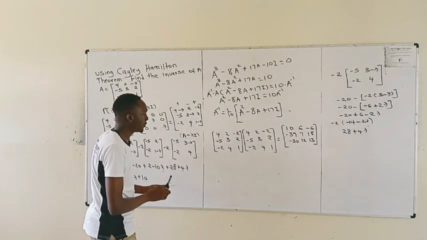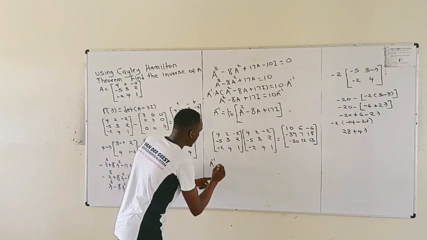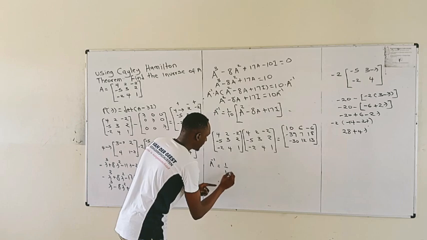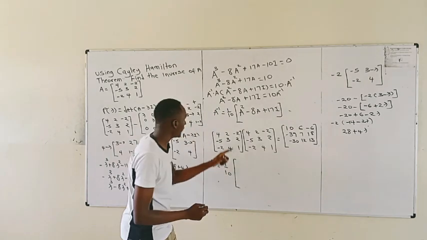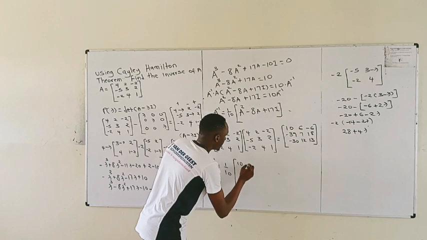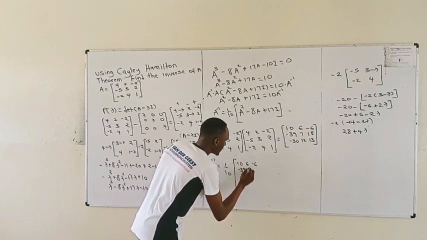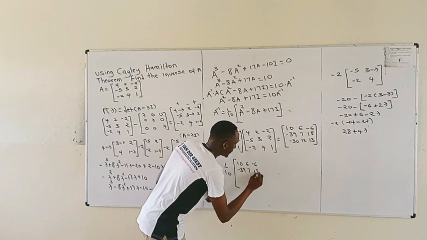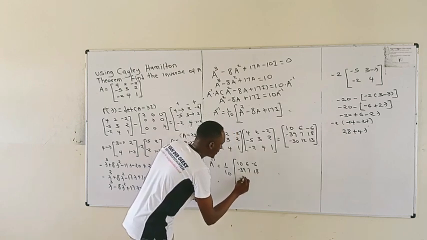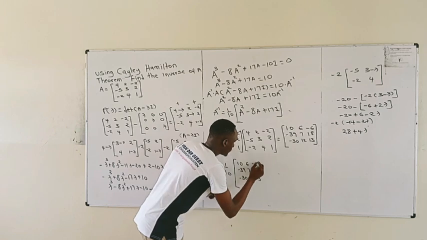Now we substitute. We have A inverse is equal to 1 over 10 into our A squared, which is now 10, 6, minus 6, negative 39, 7, 18, negative 30, 12, 13,